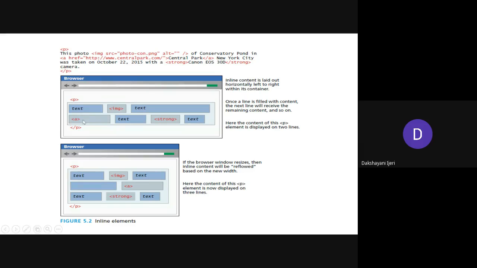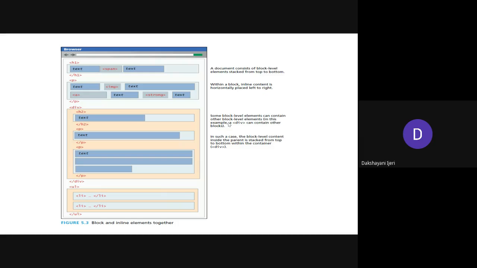Again, the anchor element is also an inline element, which is going to be put over here, followed by the next inline element. So what I mean to say is, whenever you use any inline elements within your code, those are going to appear one after the other horizontally.